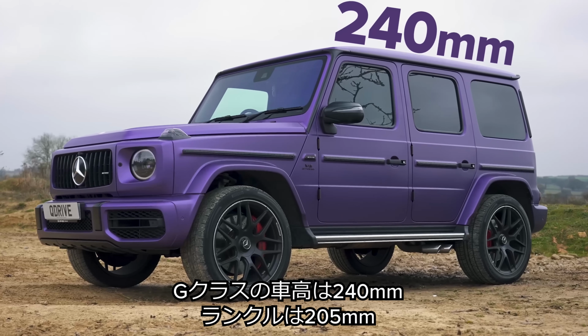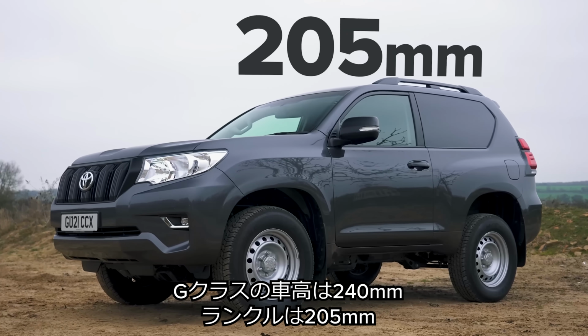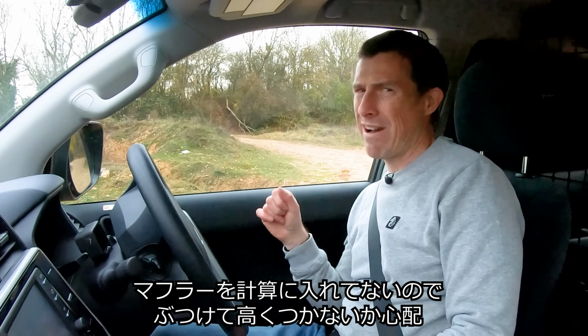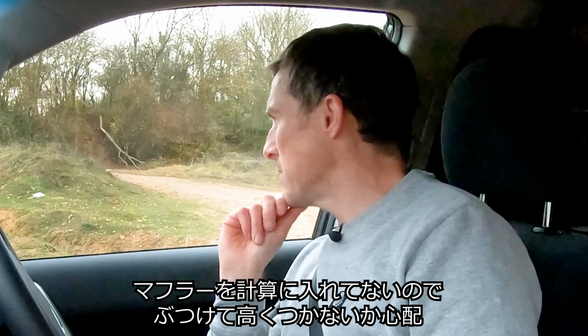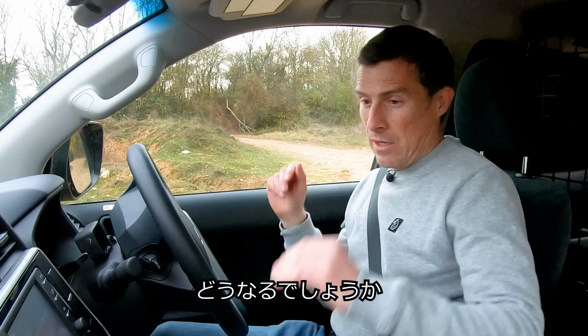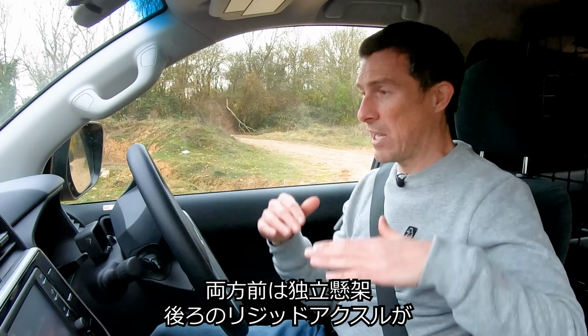On paper, the G-Wagon has a better ground clearance, 240mm compared to 205 for this. However, it's got those low slung exhausts, which I don't think they include in the ground clearance calculation. So there's a risk it might bottom out, and it's a rather expensive car, which we don't want to damage. Let's see what happens. So both these cars have independent front suspension and then rigid axles at the back, which